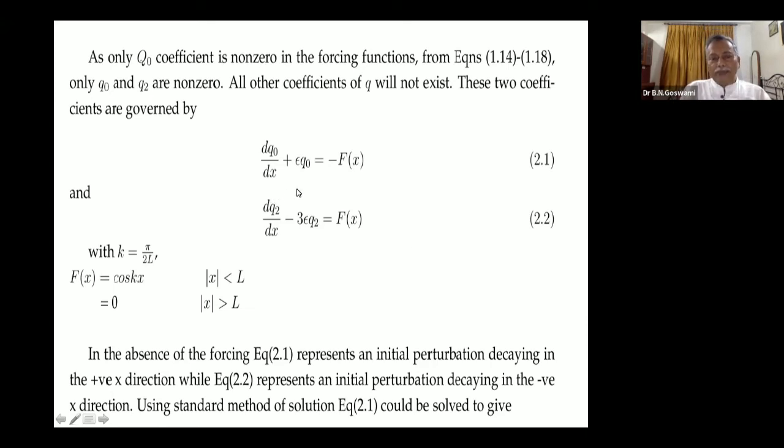And then this equation, suppose in the absence of this forcing, is very simple, right? It's a kind of decaying function. And this is also a decaying function, but it is decaying at the rate of 1/3